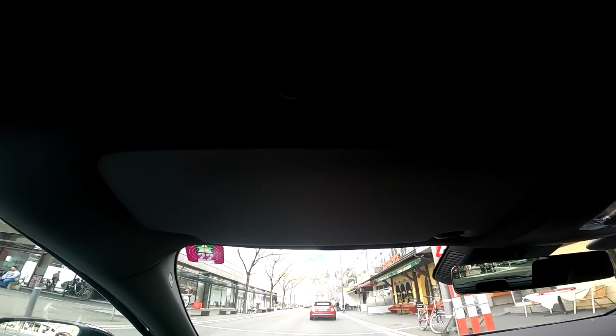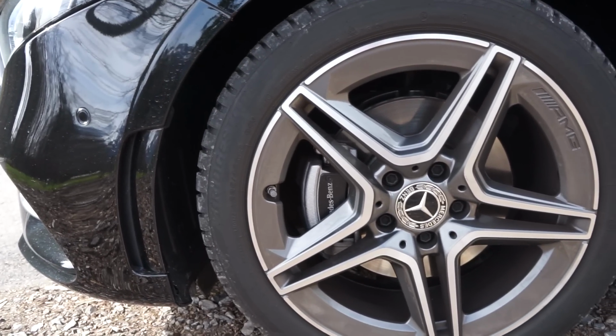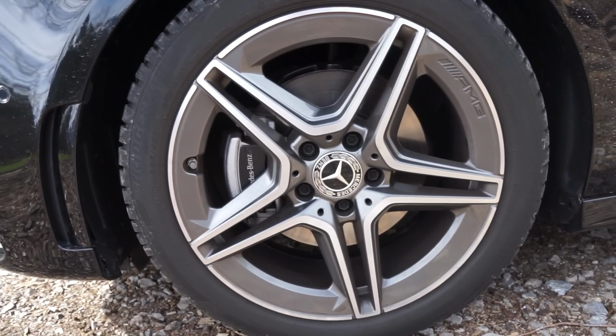Don't get me wrong, I enjoyed driving it. It was super comfortable to drive. Everything about it was positive. I really did enjoy the experience of having it and driving it around. Would I have another one in the future if I was hiring a car? Probably not. Would I personally buy one? Probably not. I think I personally would have more fun buying a Golf GTI or something around about the